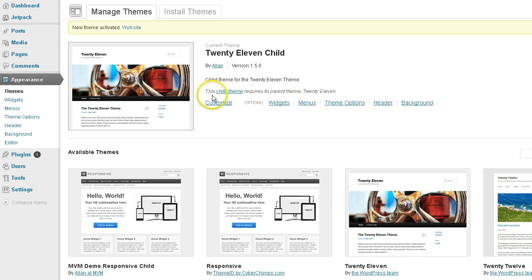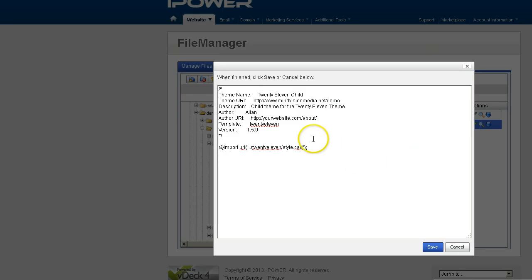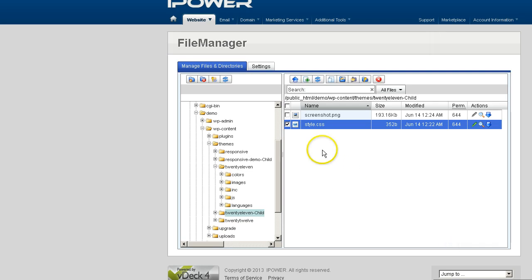And if you notice here, it says this child theme requires its parent theme 2011. Alright, so that was all that code in that header for our new CSS file for our new child theme. Here's our parent theme template and importing the style sheet from the parent theme style CSS. Alright, okay, so now that we got that going,